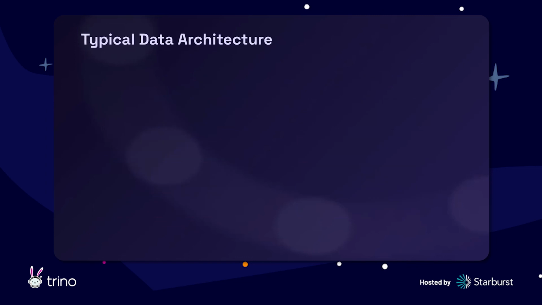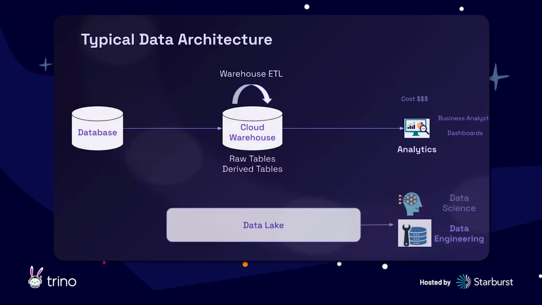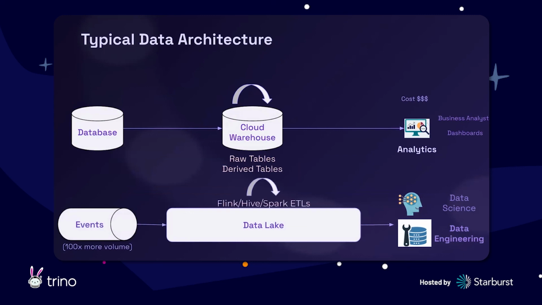So what we've seen out there collectively is people start with a cloud warehouse. They're happy until more data shows up and the queries start to slow down. They introduce ETLs on the warehouse, which adds more cost. And then when the business decides to do data science or data engineering, usually data scientists will tell you, okay, let's instrument the app, let's try to understand the user behavior. That opens the floodgates for event streams, very high scale data, which typically are not on the warehouses. They are sent to the lakes.